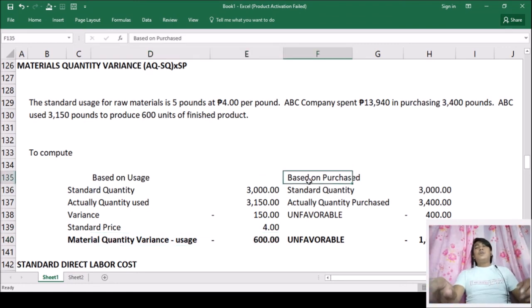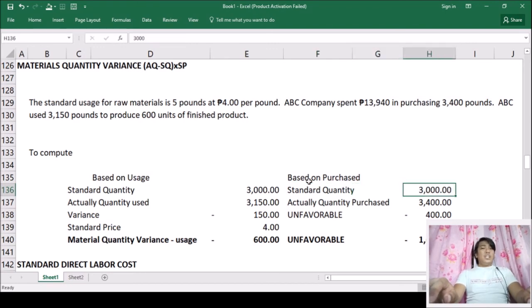Pero, if you are required to compute for the material quantity variance based on purchase, same computation, you determine the standard quantity, which is 5 multiplied by 6,000, lalabas itong 3,000, pero you differentiate that to the quantity actually purchased, which is 3,400. 3,000 minus 3,400, we have unfavorable pa rin, then multiply it to the standard price, unfavorable pa rin na variance